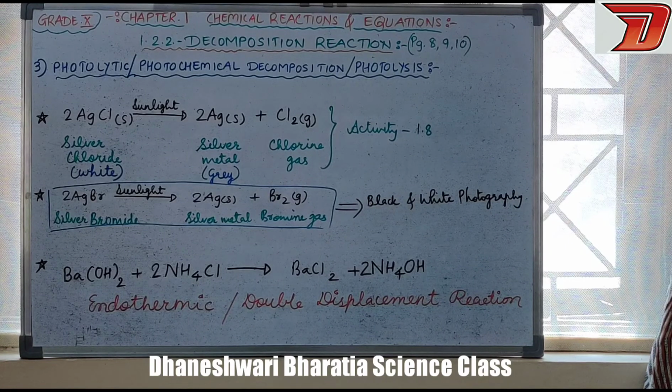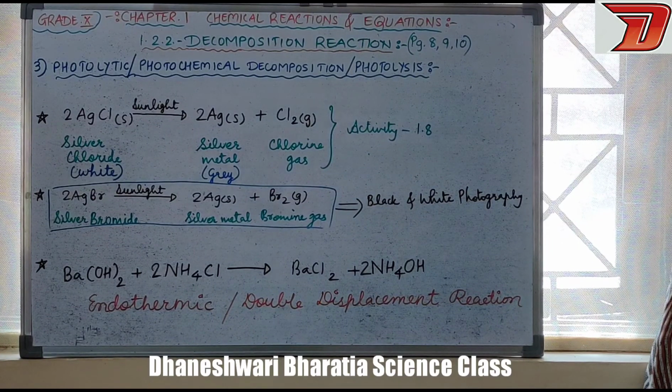Second question: why is the amount of gas collected in one of the test tubes in activity 1.7 more? That is about electrolysis they are talking about, right? So why in one test tube is the quantity of gas more? Now which gas is formed in more quantity? Please recall that diagram. Yes, exactly, hydrogen gas. In which test tube was it collected? The one which was with the cathode, right?